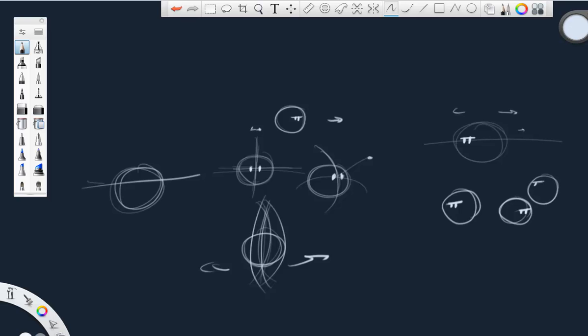Or if he's looking upwards, you can have something like this. So you can play with the hearts or something like that. So it is just the same ball, but then